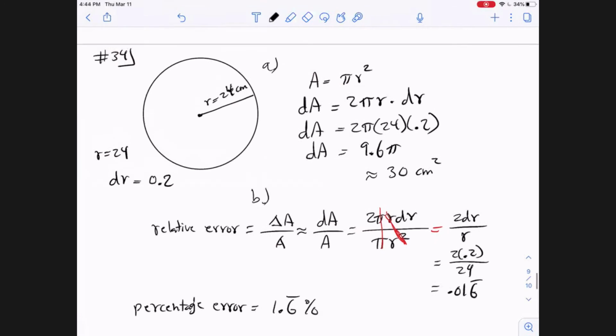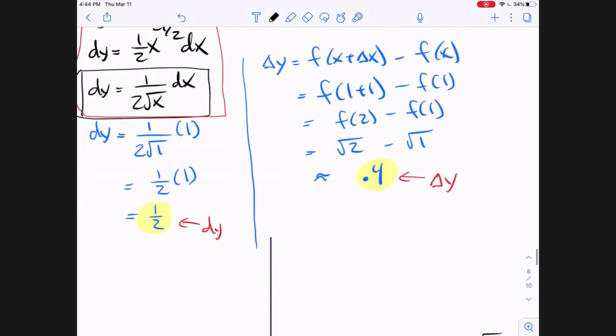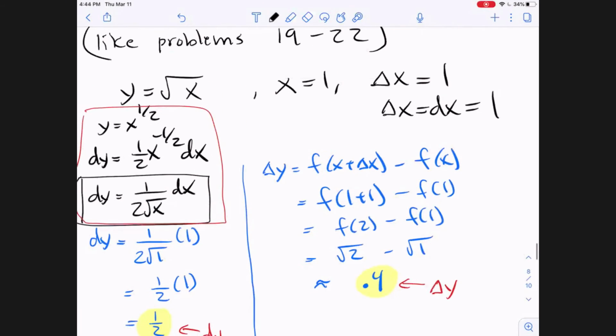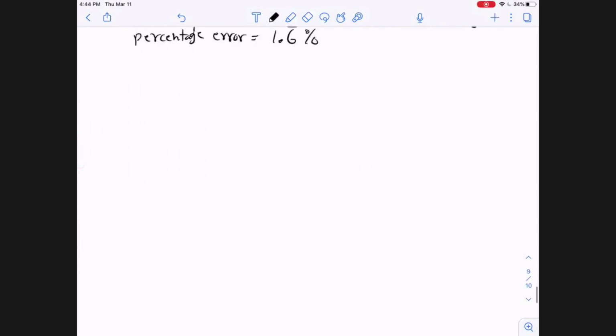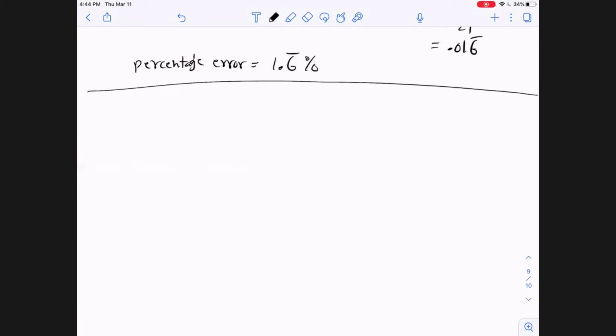If you remind me next time, I have another example that I can do like this, finding the dy and delta y, but we're going to move on here. Section 3.11, hyperbolic functions. We're not doing too much of this section. We're only covering this one section here, and you'll cover another section that uses hyperbolics next